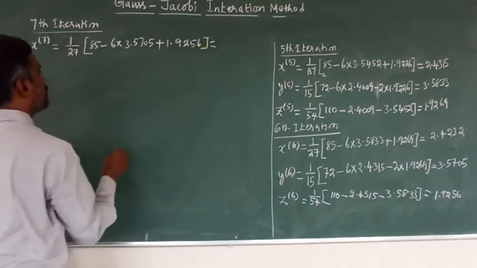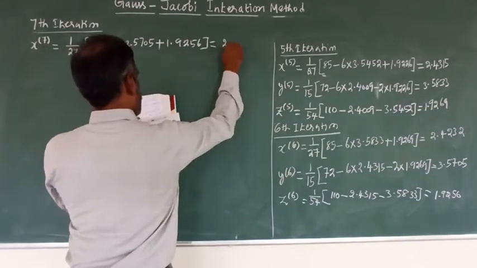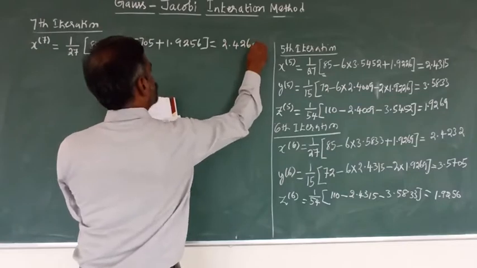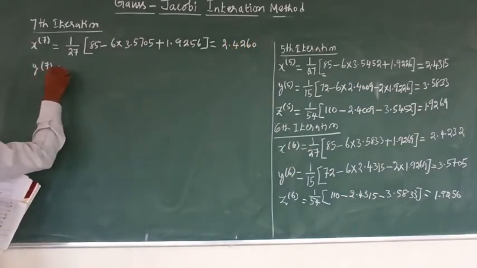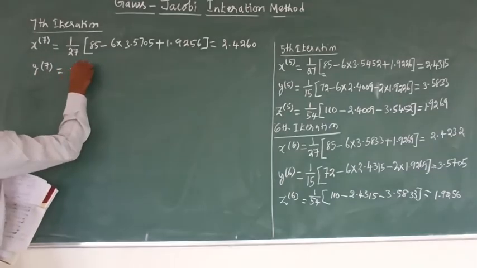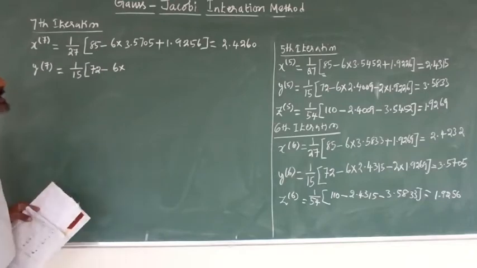Now to simplify, we can get the result 2.4260. Next, y7 equals 1 divided by 15 within bracket 72 minus 6 into x value